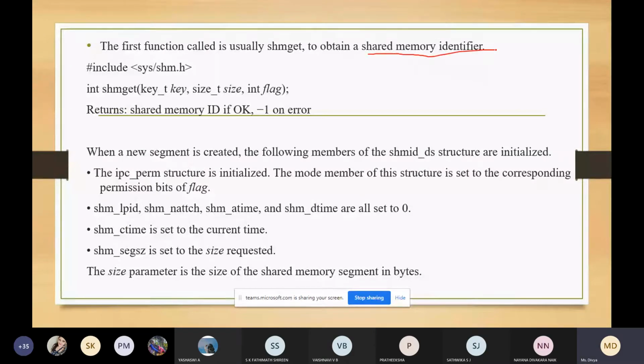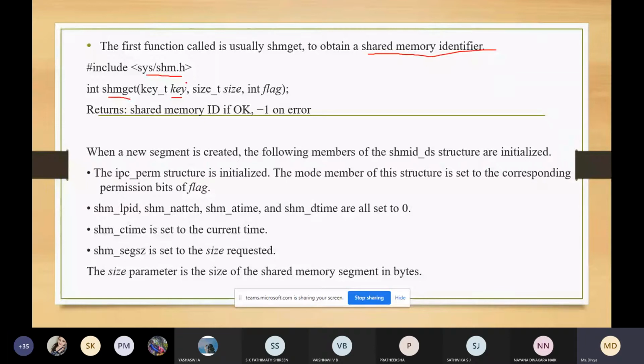Similar to the message queue identifier or semaphore identifier, here also we need an identifier, an ID, for any further communication or operation. We need this header file, and as we already studied, we need to include a key and that key will be converted into an ID.